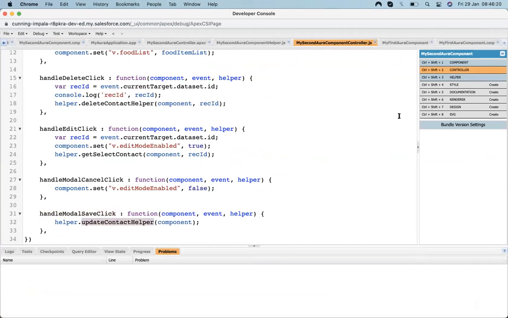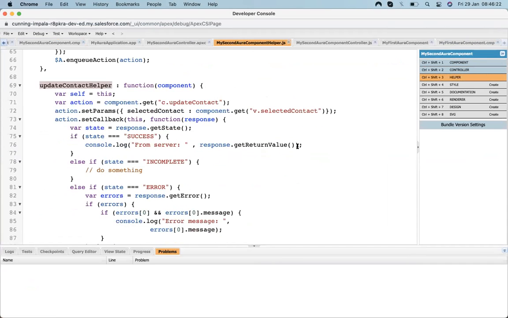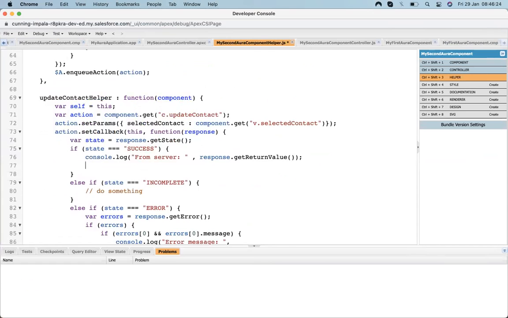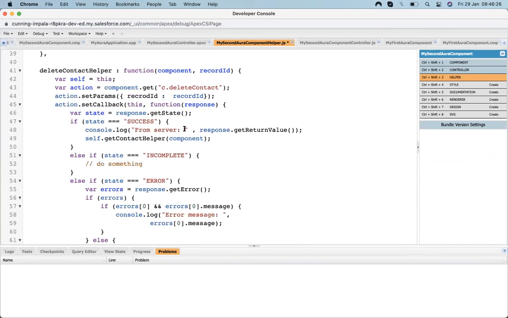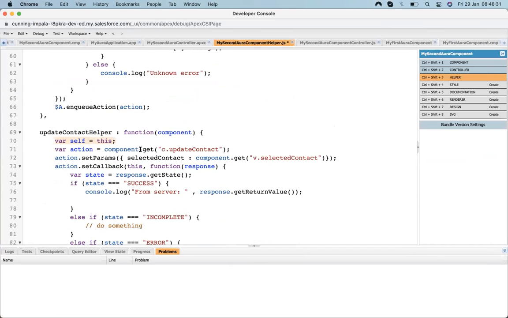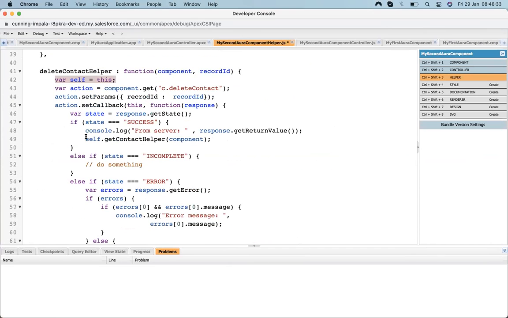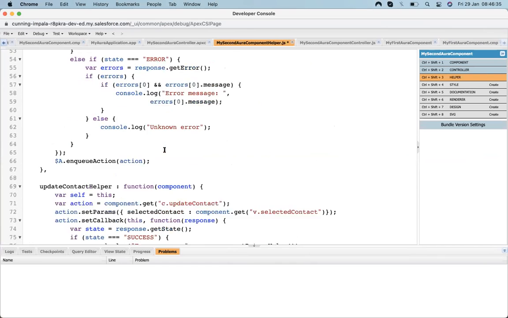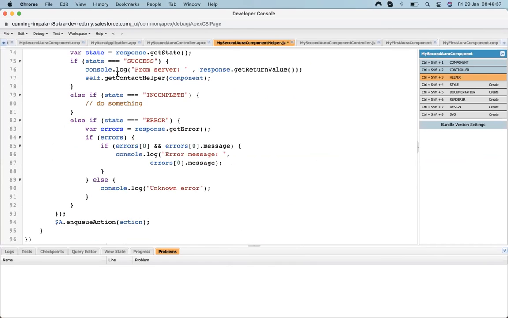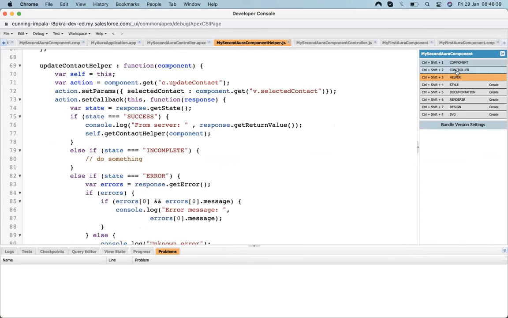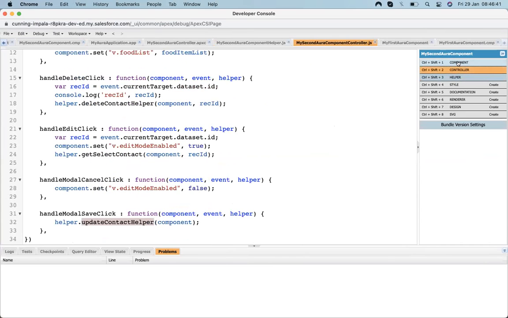Once it's finished, in the success I need to call the refresh method. The refresh method is coming up from here. So let's call it, the variables are already present. I need to just call the helper so that it will fetch the new details. And after that, here, I need to close that model.